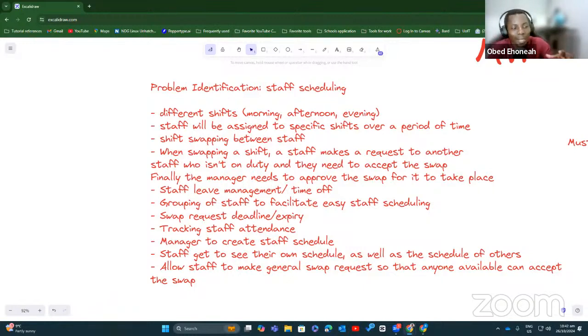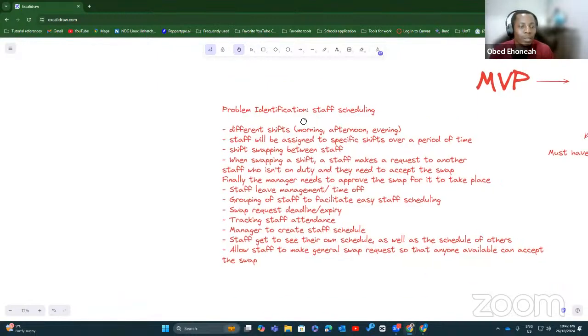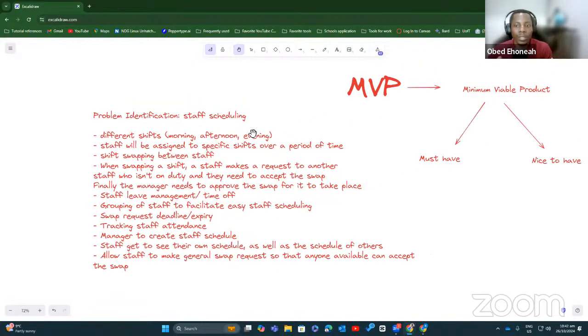And we need to understand this whole thing for us to be able to build a database to support it. If your database doesn't support all of these things, it's going to be a problem. That's why I was talking about, even when you are deciding on the must-have and nice-to-have and letting that guide your development, you have to be a bit flexible sometimes to accommodate all the possible extensions that you're going to bring in.